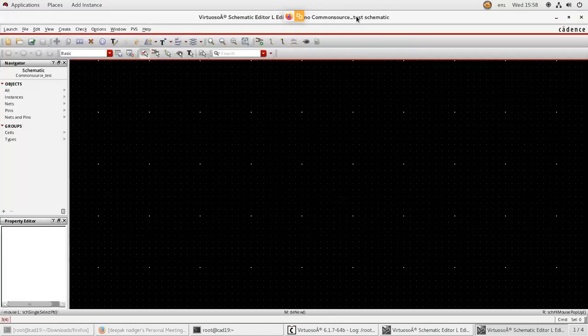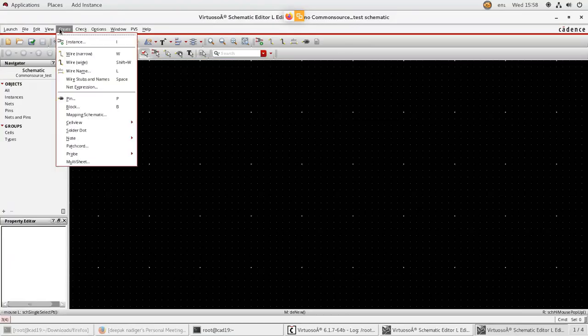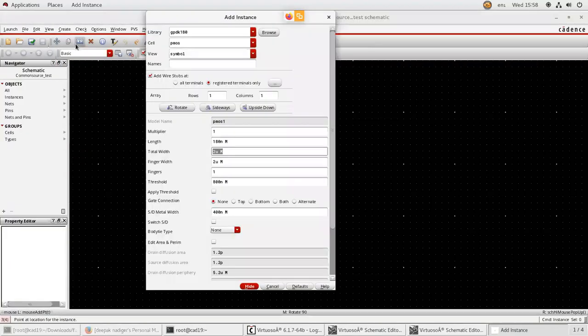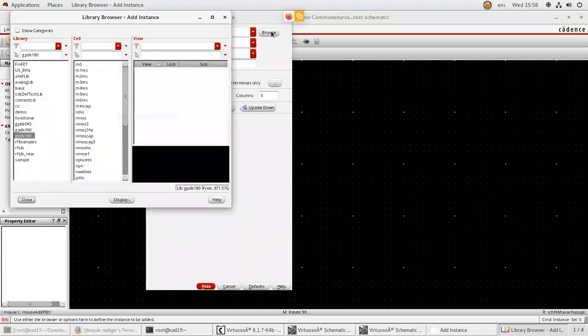Now to create the test circuit, I need my symbol, the symbol which I created for common source. The symbol has been saved in your library. So to take the symbol, you go to create instance, browse.